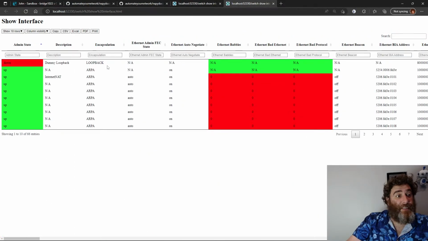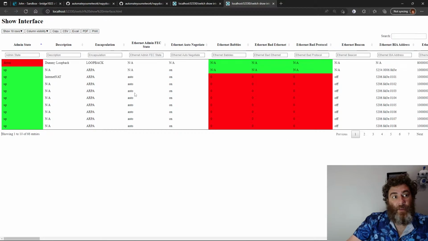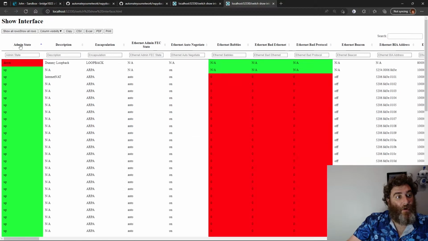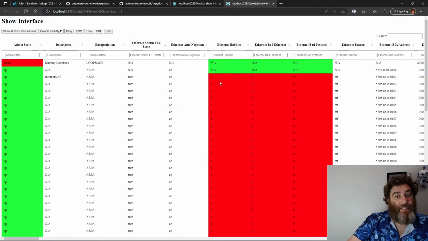Here we go. You see, this is what I wanted. And you can see there's 66 interfaces and it's paginated, so I can look at them in batches of 10. I can change the number of rows to all rows, or 50 rows, or 25 rows. And I can easily sort them just like CSV, but in an HTML page, right? And I have these nice